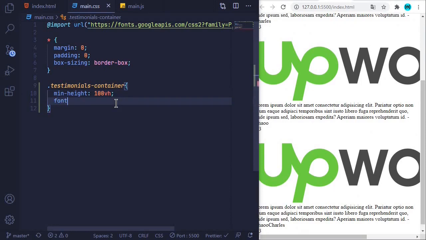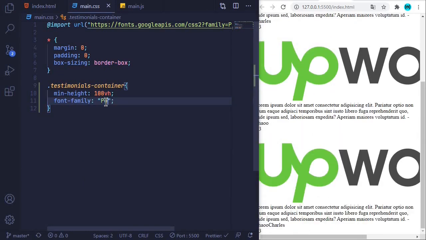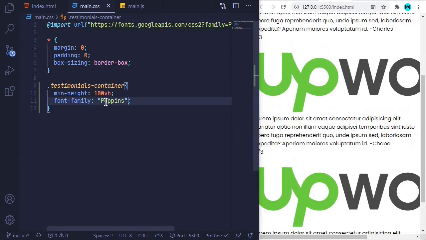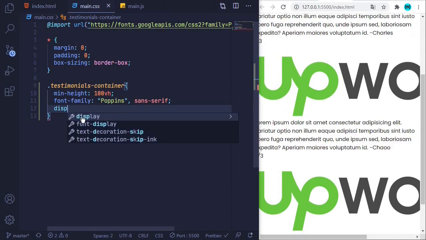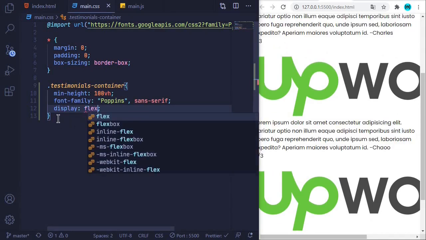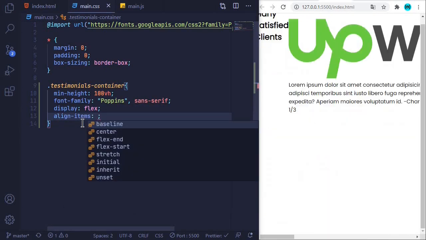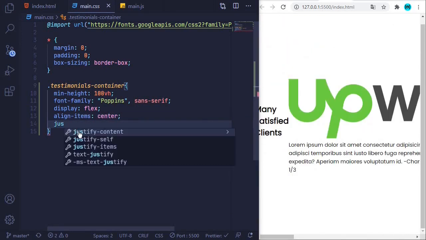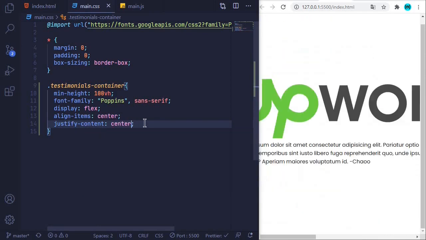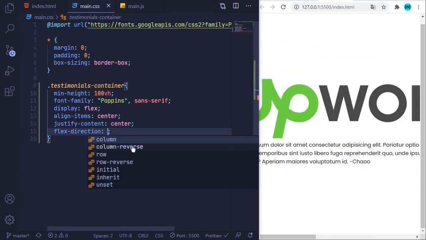We will set the font family to Poppins and a fallback of sans-serif. We will center the content using display of flex, align-items center, justify-content to be center. We will add a flex-direction of column,